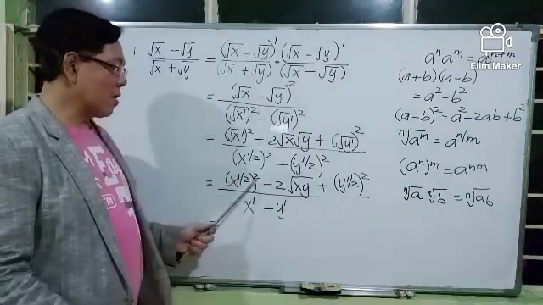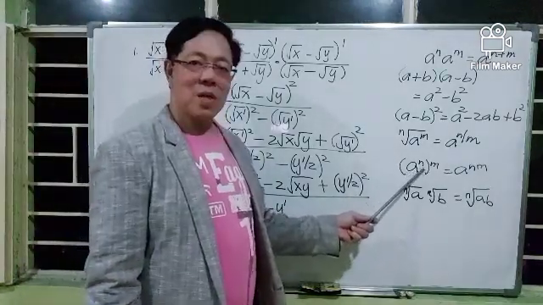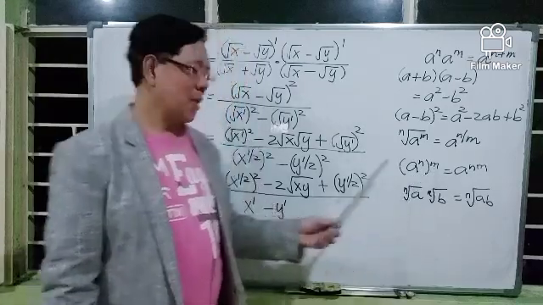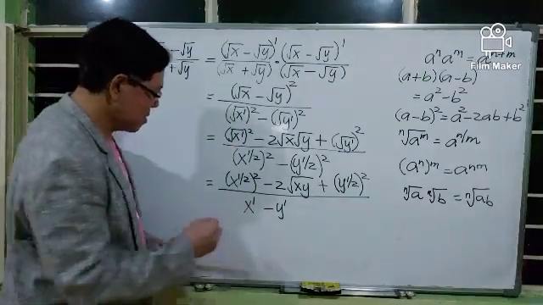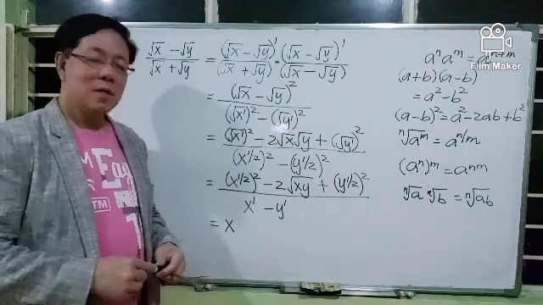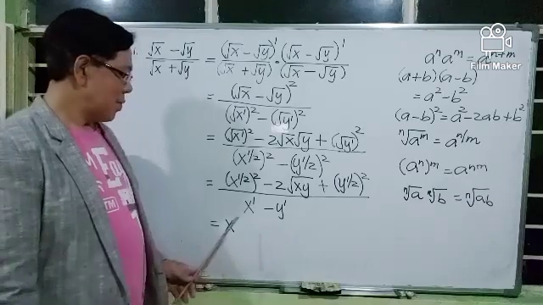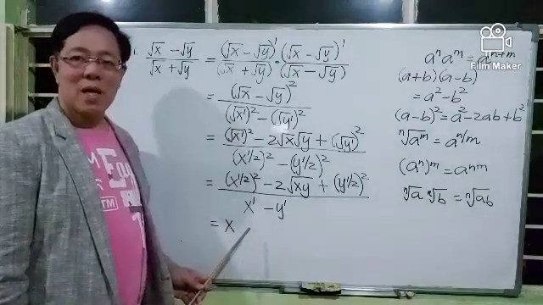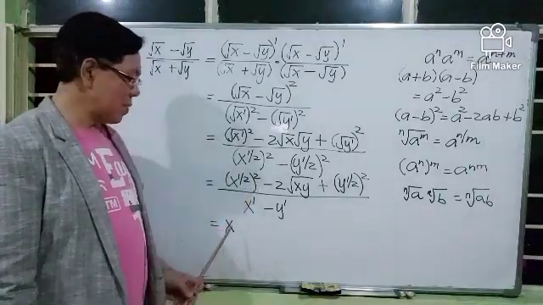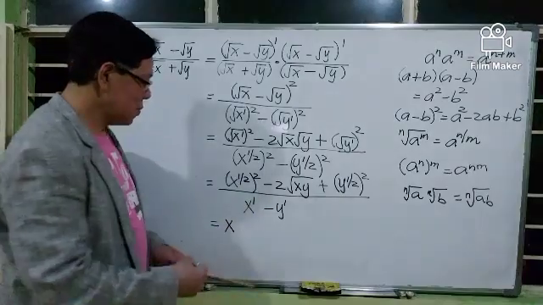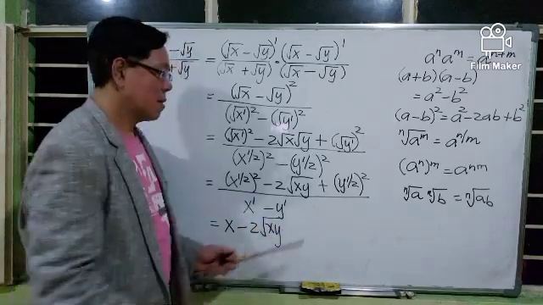We simplify the square of x raised to 1/2 by this property of exponent. We multiply the exponents n and m. We multiply 1/2 by 2, and we get x to the power 1/2 multiplied by 2 is 2 over 2 or 1. But if the exponent is 1, we no longer write the exponent 1. Hence, x raised to 1/2 square is simply x. Minus 2 square root of xy, plus,